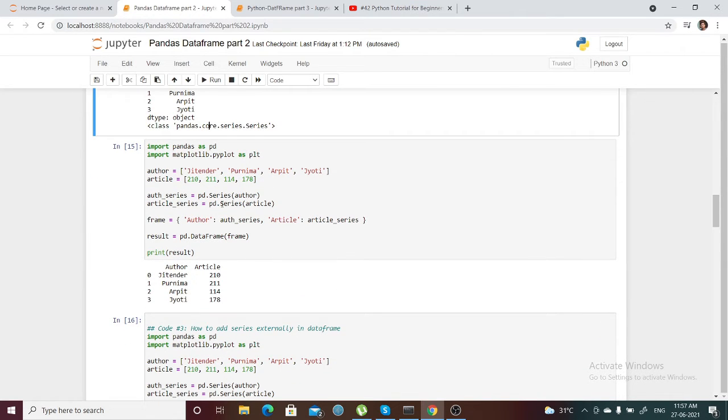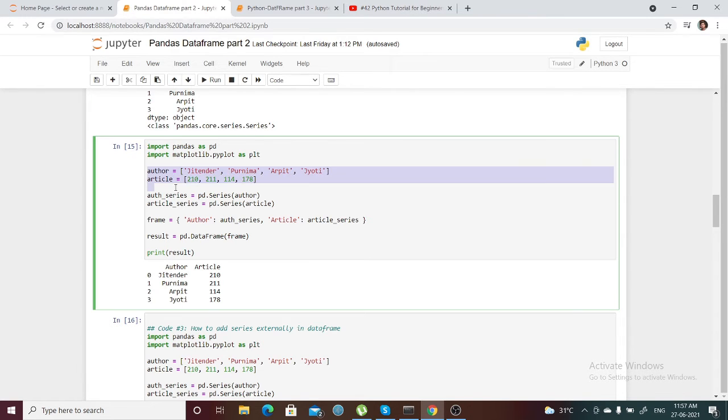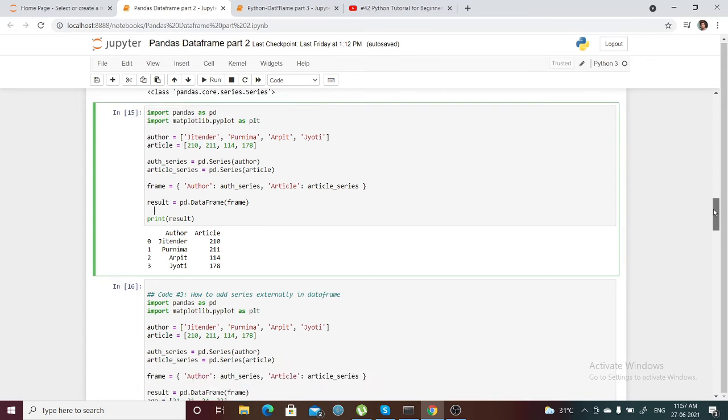And yes, we can create a data frame using a frame, like with multiple series. We have taken two lists, and using the two lists we have created two series. So this is one series and this is the other series. We can put the two series in a frame, where I've assigned the column names in a dictionary and passed the individual series. If we pass that frame to the data frame, it will result in this. So we can do that as well.